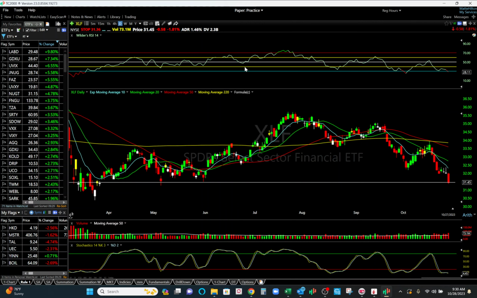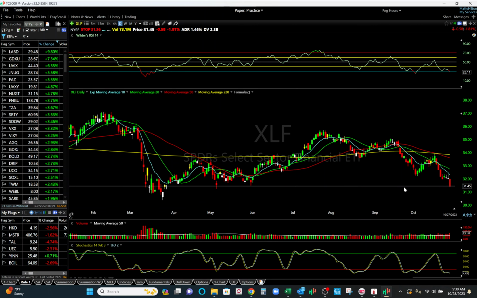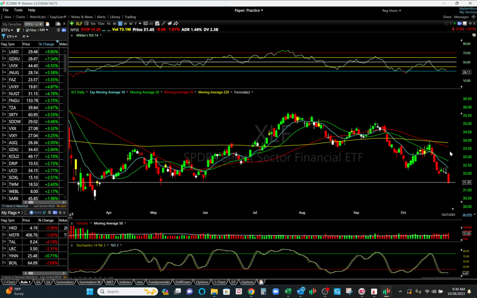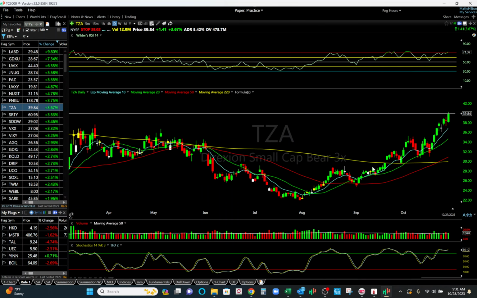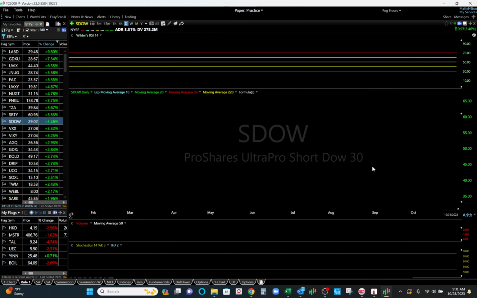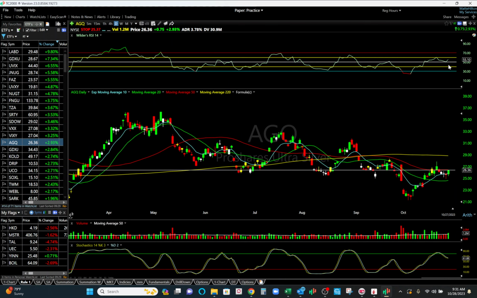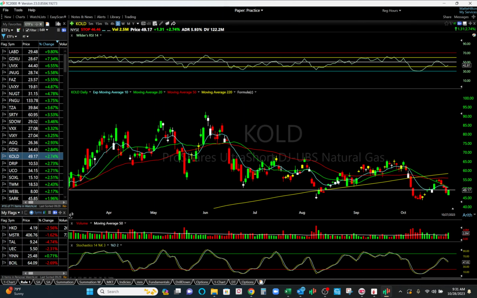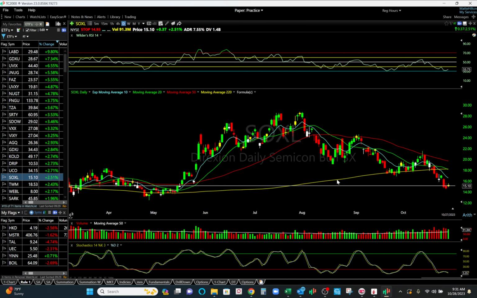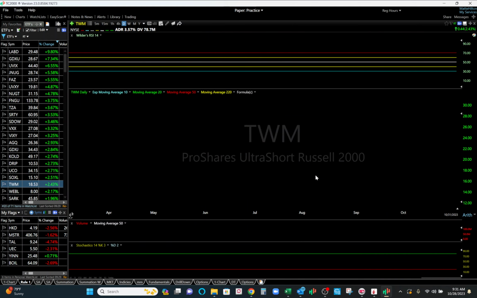You really know from the pullback, but it falls, consolidates. This is like a bear flag, and then boom. We are kind of getting close to support here. Not sure if we're going to bounce or just fall through, but banks look very bearish. All these are inverse ETFs pretty much. Silver might be looking to make a run here with gold. Semiconductors weak.